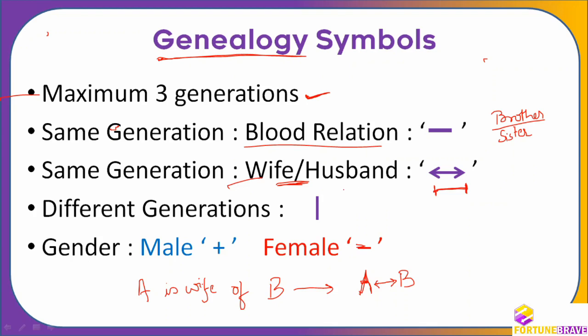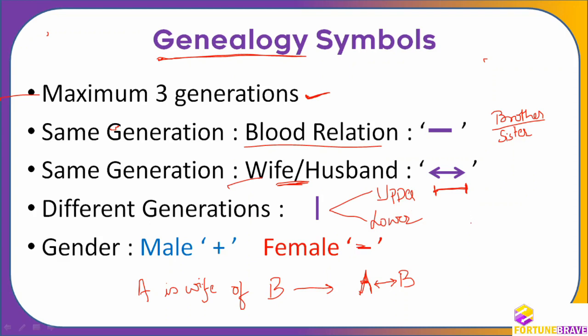Okay, fine. So next is different generation. Now this is very important. Different generation, two things will happen here. One is there can be upper generation or there can be lower generation. Upper generation we have seen, it can be my father or grandfather and so on, right? Uncle, aunt, mother, grandfather, grandaunt, and all those things.